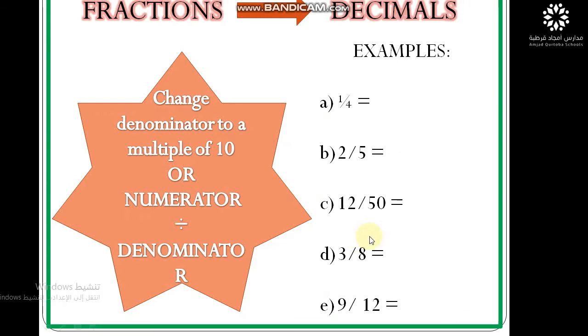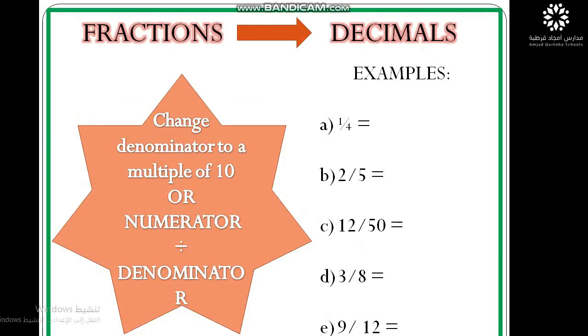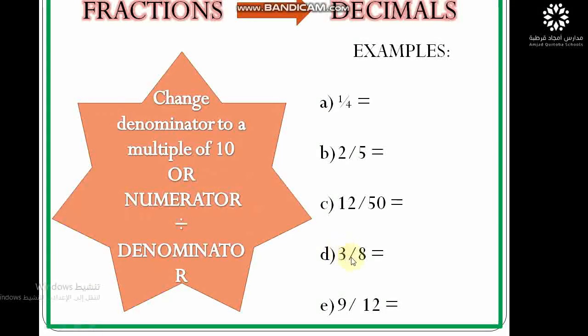12 over 50. 50, its friend is 2. So it will be 24 over 100. So it will be 0.24. 3 over 8. How can I do it? 3 over 8. Yes. I will multiply by 125 up and down. It will be 375 over 1000 equal